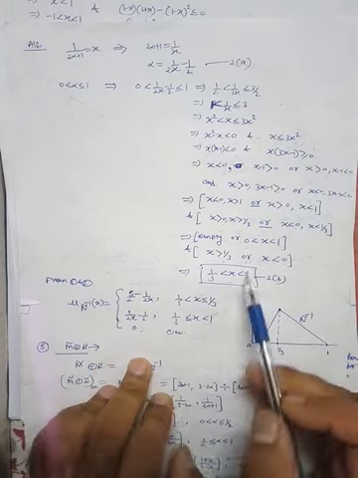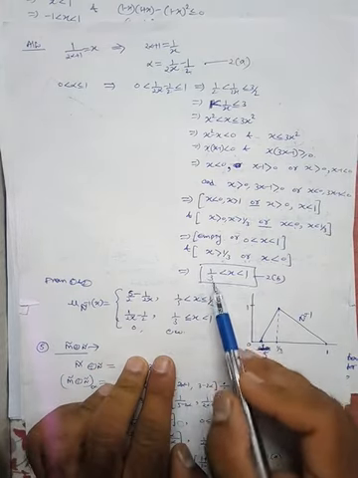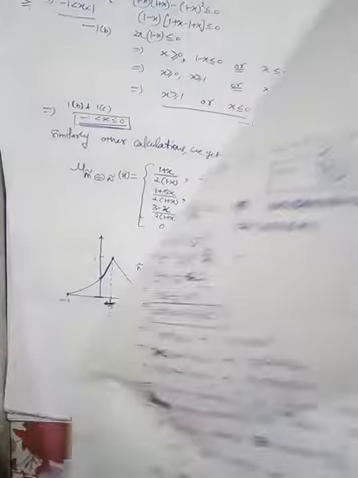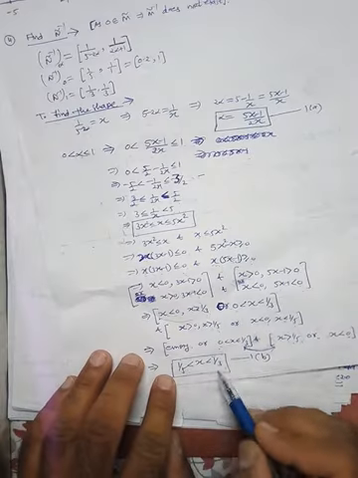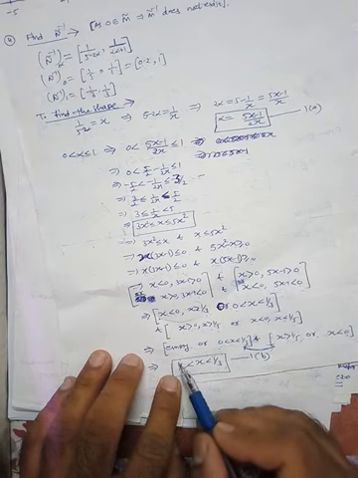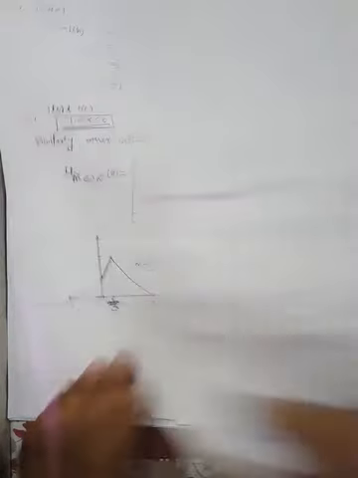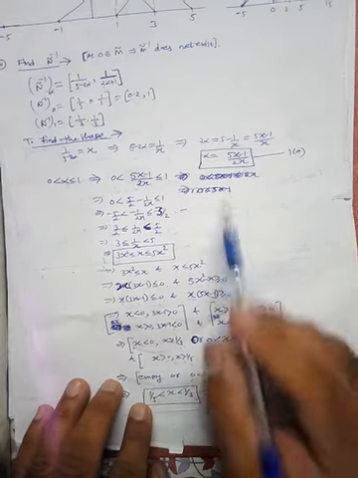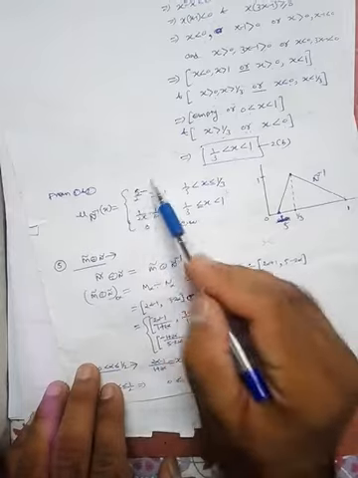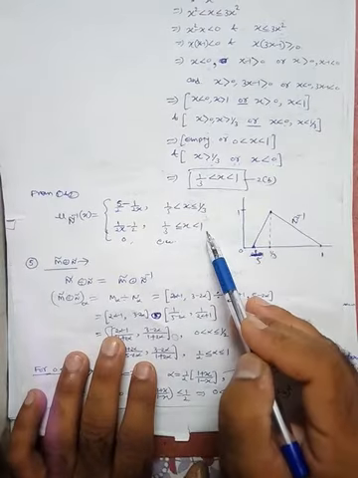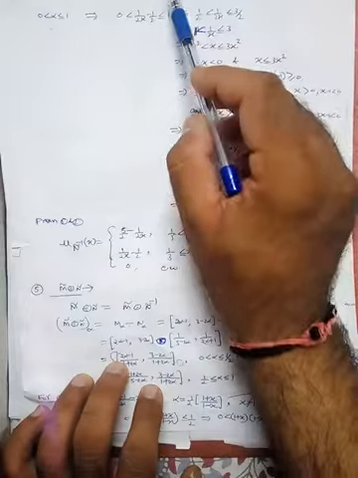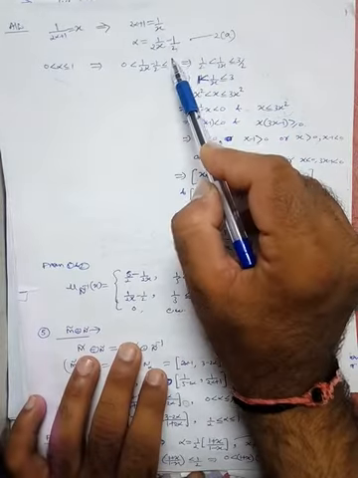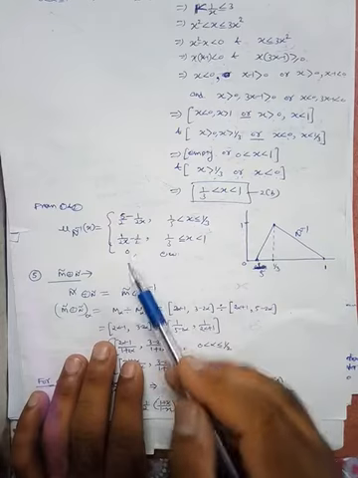Okay, so now here we are having x from 1 by 3 to 1. From the previous case, the range of x is 1 by 5 to 1 by 3. So in increasing manner, first range will be 1 by 5 to 1 by 3, and then from 1 by 3 to 1. So from 1 by 5 to 1 by 3, for this part, the value of alpha is this, 5x minus 1 by 2x. So that's why this is written here. Okay, now for this part, 1 by 3 to 1, where x is less than 1, the value of alpha will be this, 1 by 2x minus 1 by 2. So this is written here, and elsewhere 0.